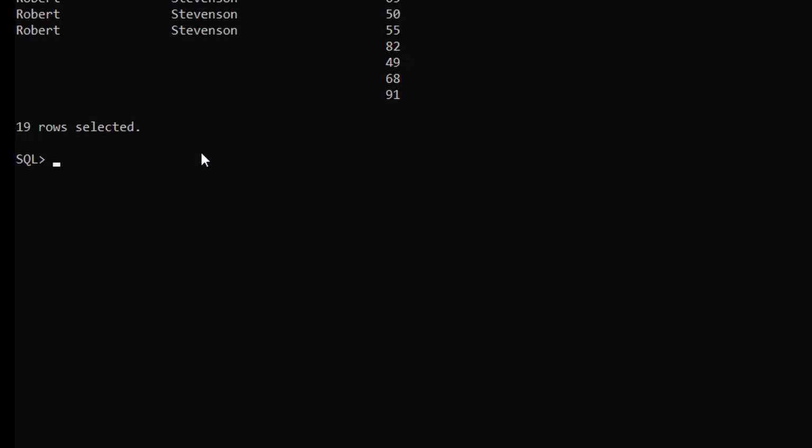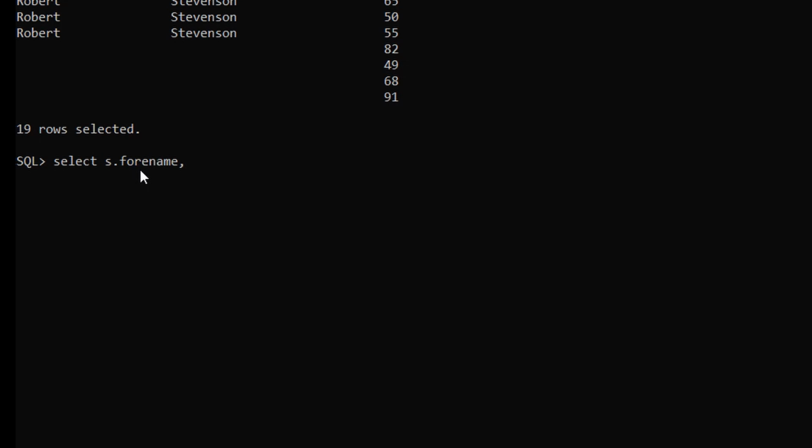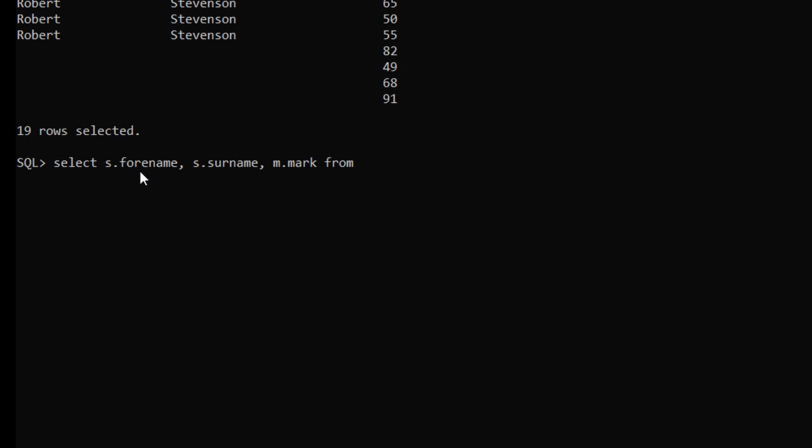For this, just type select, and here for the students table we will use the alias s, and for the marks table we will use the alias m. So just type s dot forename, comma, again s dot surname, comma, our next table is marks, so m dot mark, from our left table, which is students.